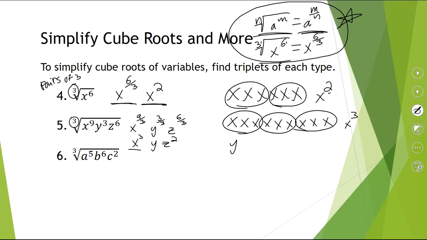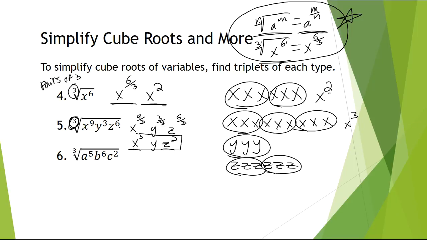I have 3 y's, so if I write all 3 y's out and then try to group them by 3's, I would have one group, so it would be y to the 1st. And with my z's, I would have 6 of them, and I'm trying to group them by 3's, so I would have 2 groups, which of course would be z to the 2nd power. So it gets you the same result no matter which way you approach it, but number 6 is a little bit different